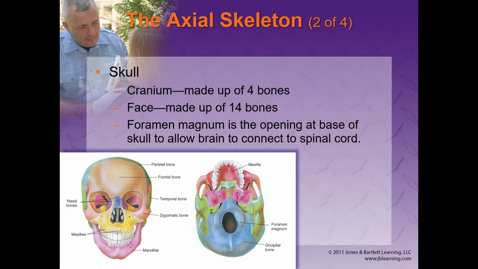Your skull, you've got your cranium, which is kind of the back and upper part of your skull, made up of 4 major bones. The reason you have the cranium is that its job is to protect the brain. You also have a hole in the bottom of your skull. You can see that represented by the gray to black area within the blue bone on that right picture. It's called the foramen magnum. This is the opening at the base of your skull, which allows your spinal cord to conjoin with your